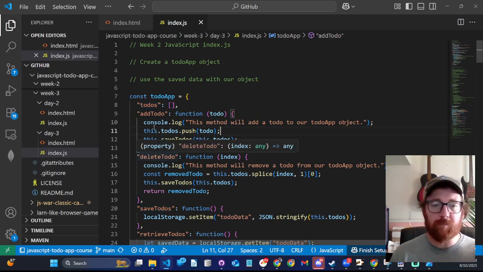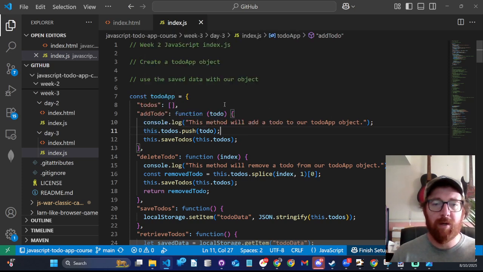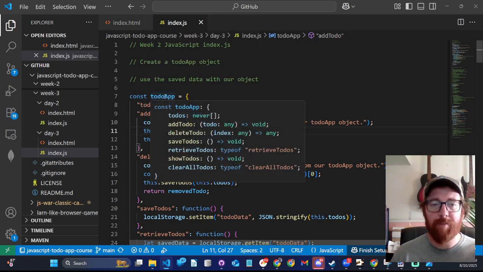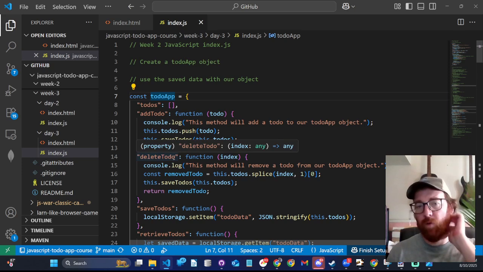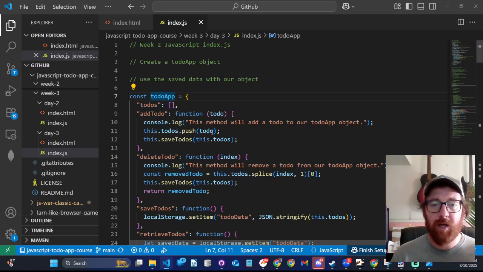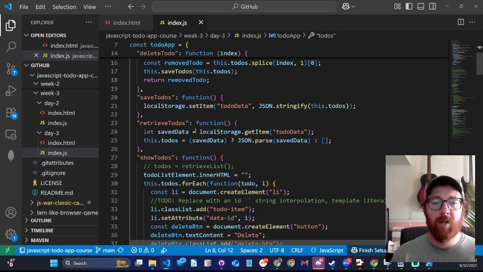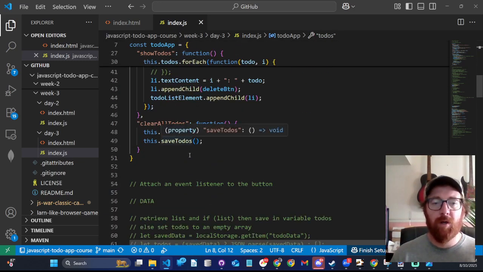But diving into it, this, I believe, is referencing the object. This is talking about the object that this method or function is a part of. So we can say this is kind of the to-do app that we're working with. Then we can say this.todos, and we're adding a to-do to our array. Now the problem could come up if